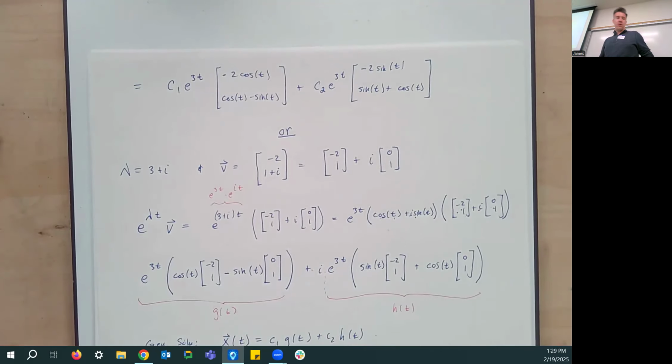While we're on the top, well, no, we'll skip that. We'll come back to that. So the other thing I want to talk about today was classifying the stability of our equilibria based on the eigenvalues, which is actually kind of an easier thing than what we've been doing, in my opinion. So there's kind of 6 cases, and you probably all have an idea already of how most of this is going to go. A reminder,